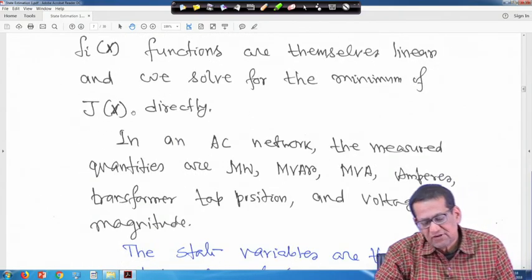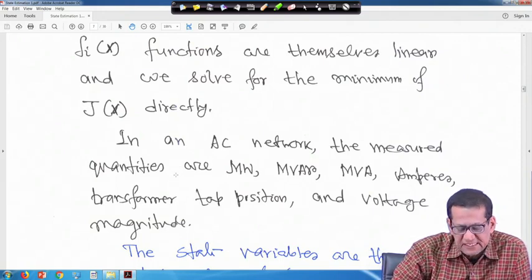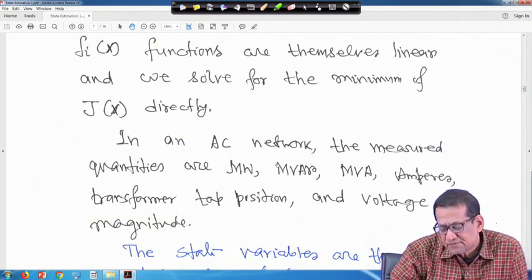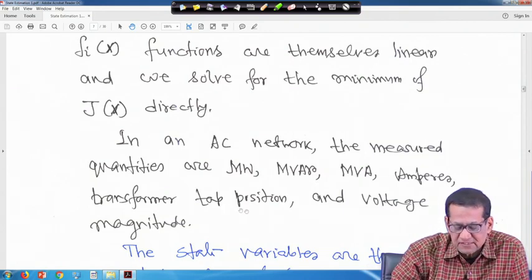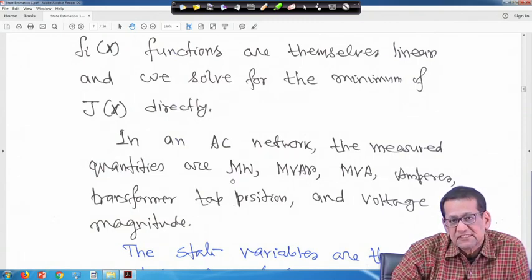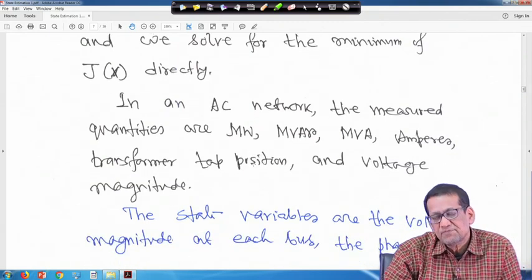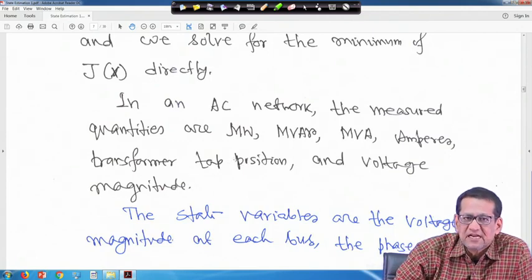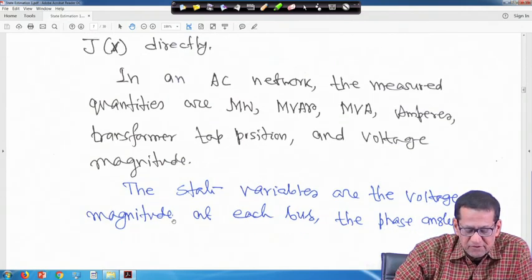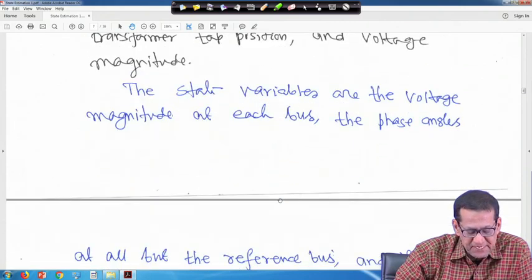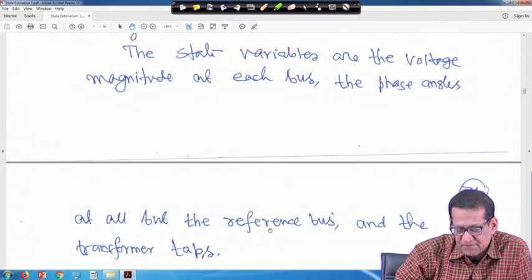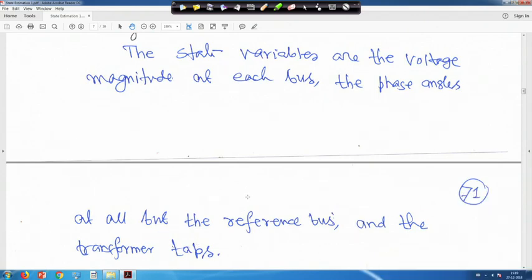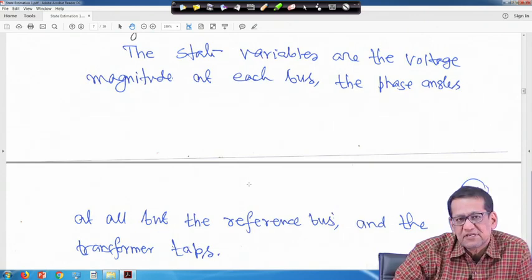Now, in an AC network the measured quantities are megawatt, megavar, megavolt ampere, amperes, transformer tap position and voltage magnitude. So, there are many measurement quantities, depending on which one you are trying to estimate, right. I mean line flows, power injections, voltage magnitudes or angles. The state variables are the voltage magnitude at each bus, the phase angles at all but the reference bus, and the transformer taps, because the reference bus, that is the slack bus, we need not estimate, and the transformer tap position can also be considered as a